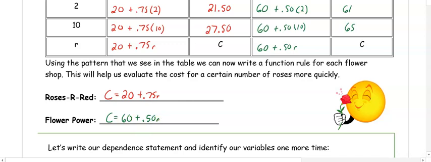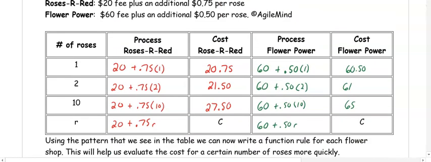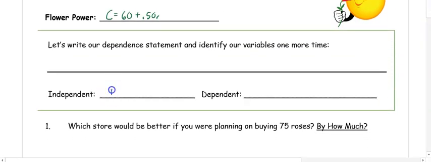So we want to write a dependency statement and identify our variables. You can use the table to help you with that. So if we go back and look at the table here, the number that we are putting into the equations is going to be our independent variable, which is the number of roses, and our cost is going to be the dependent variable. So we have the dependent variable written twice because we found the cost for both places. So our independent variable is the number of roses, and our dependent variable is the cost. So our dependency statement then is the cost depends on